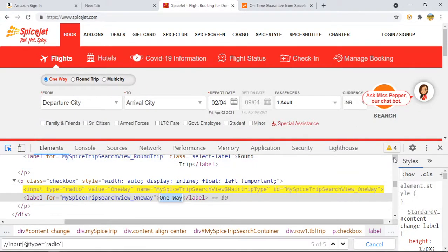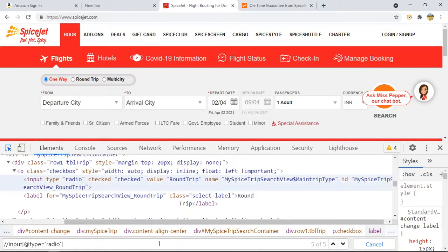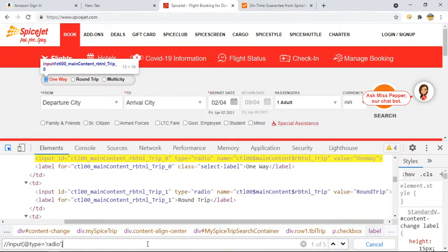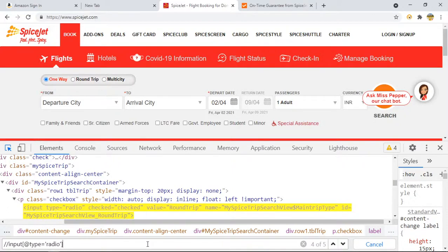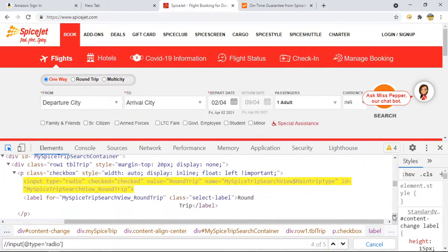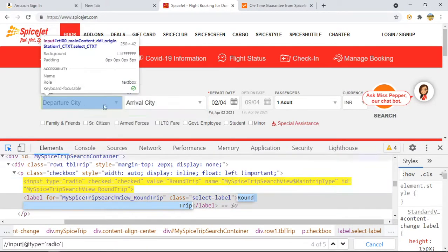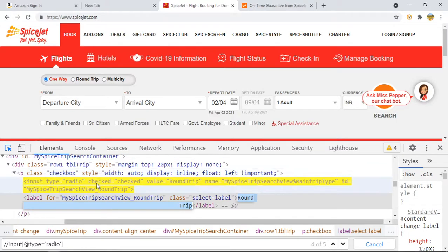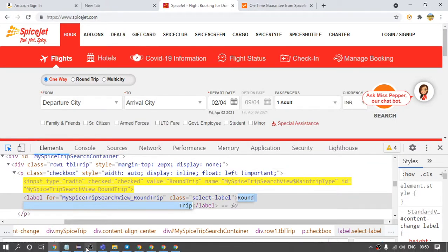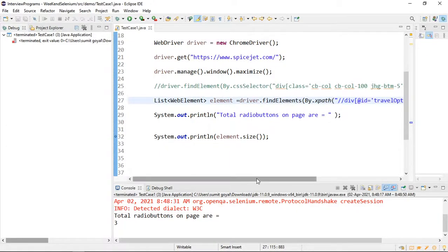If you see the label of this one, 1, 2, 3, these are 3, and if I say fourth, if you see the label of this one, it is round trip, which means I am just assuming that this is going to be the same checkbox. So they have written other code for that. This is the reason I have written the XPath in such a way that it will only identify the 3, and this is how you can see the output we also get as 3.